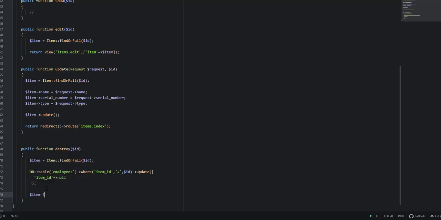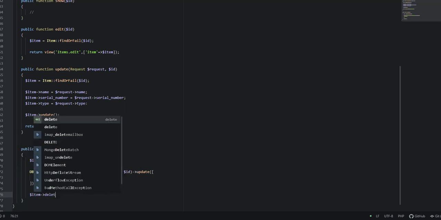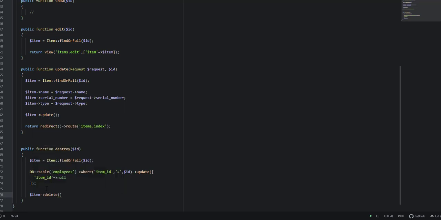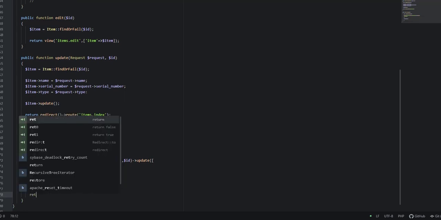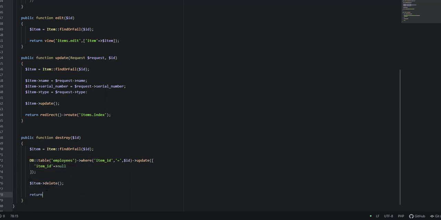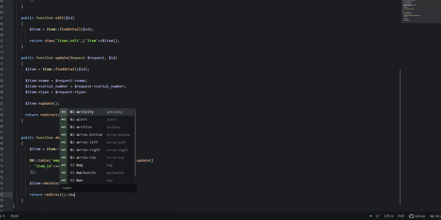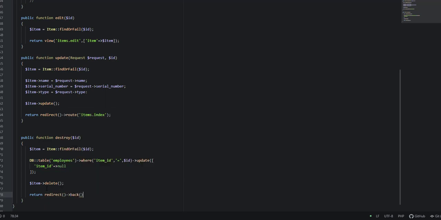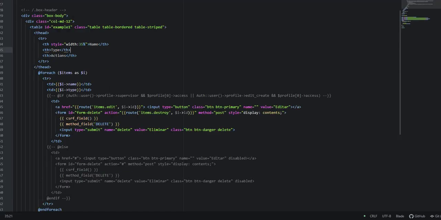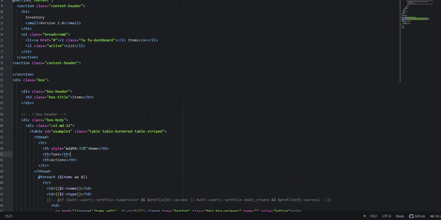Item delete and return redirect back. That's pretty much it. Here you can see we have our destroy function, and now we have to add this to our